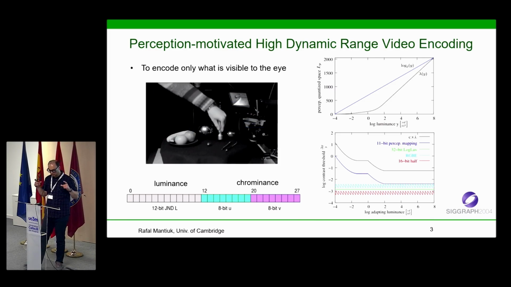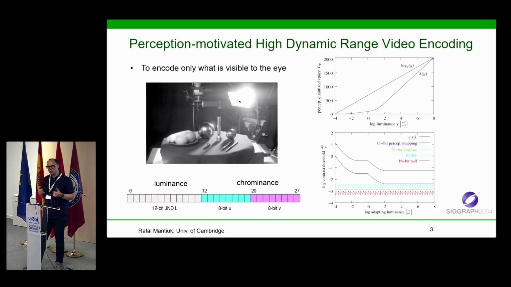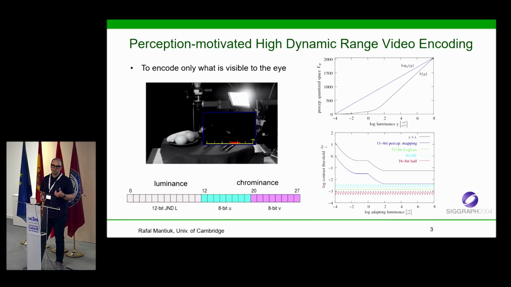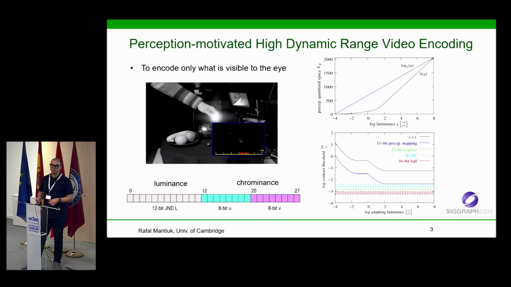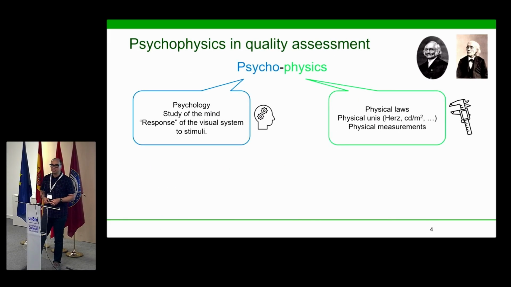The goal of the project was to show that we could encode the entire range of visible luminance, all colors that people could see, with not more than 12 bits for luma and 2 times 8 bits for chroma. And we came out with this transfer function that is suspiciously similar to Dolby PQ, the perceptual quantizer, that was proposed by Dolby 11 years later. And even the plots that you can see in our paper are very similar to those you can find in the Dolby paper. Anyway,